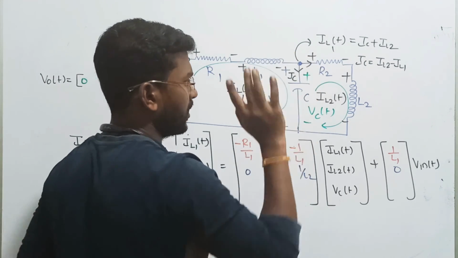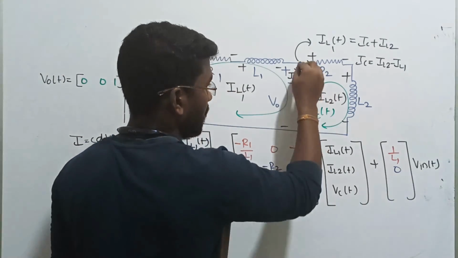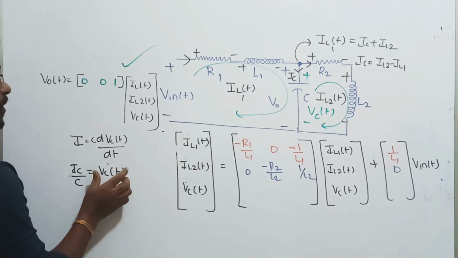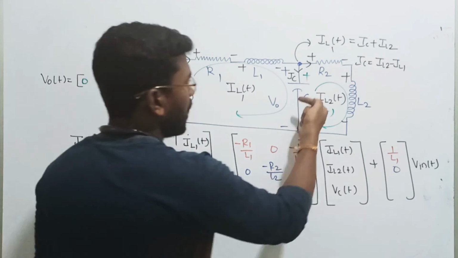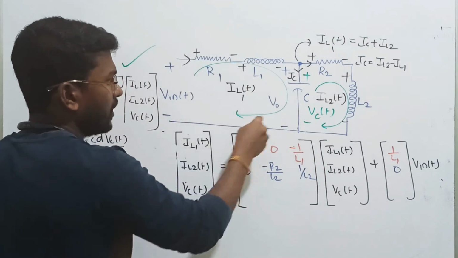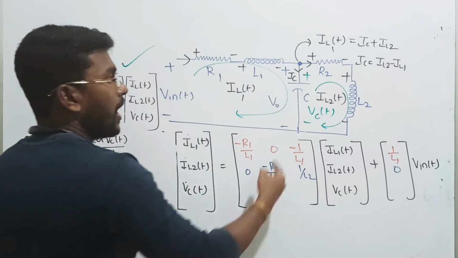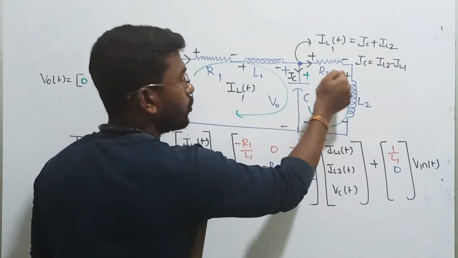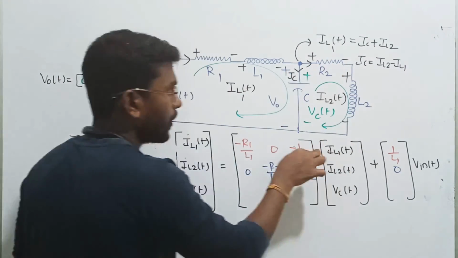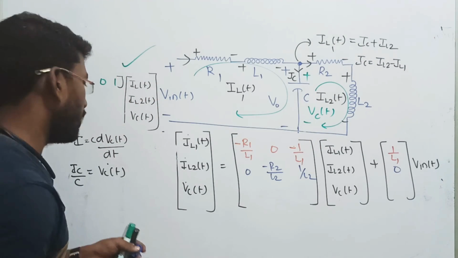Right, so the thing is what we have understood: if I want to write the expression, current through the capacitor IC வந்து நீங்க replace பண்ணனும். Actually the given equation is VC dash of t, right. Whereas according to the given representation, guys listen, actually what it was given, my inductor current IL1 of t is running in this direction, yes, IL2 of t also running in this direction, right. So this current is coming here, this current is going here. That's all I told you: just apply KCL and get the answer. Find பண்ணதுக்கு அப்புறம் என்ன பண்ணீங்க, எடுத்து நீங்க சப்ஸ்டிட்யூட்